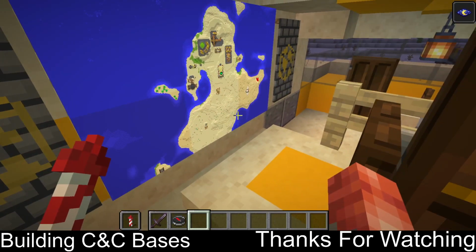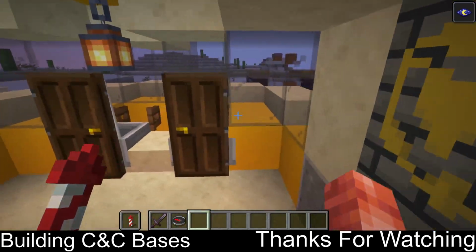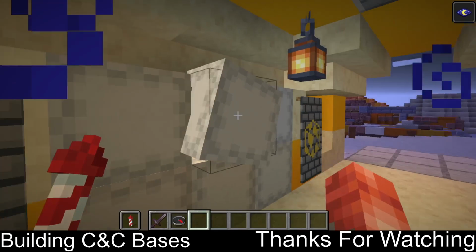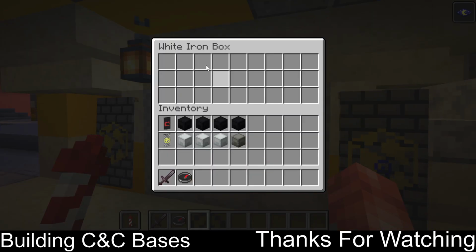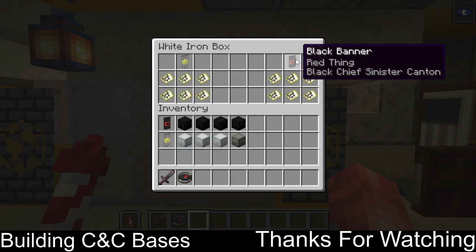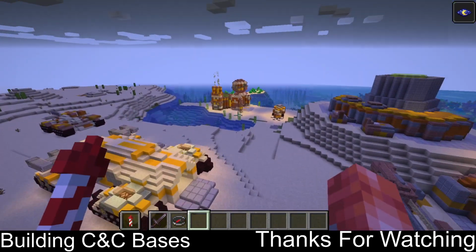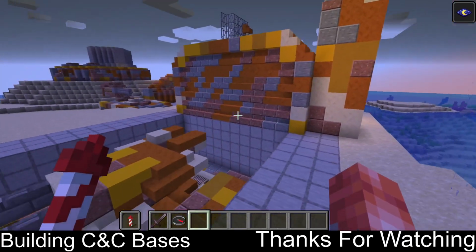Pretty much all of that, and pretty much all of this. I named one of these white iron boxes. Yeah, I need to replace those banners with GDI and Nod banners. Pretty much what they have here is a refinery, a reactor, a storage facility, and a